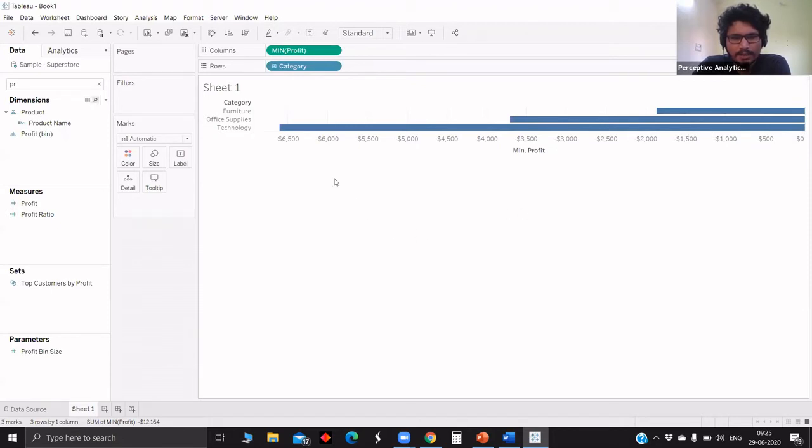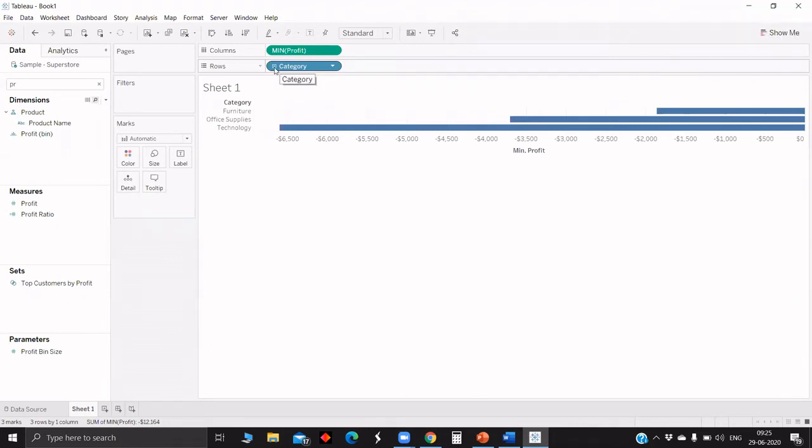If you write the function as a calculated field, like minimum of profit, it will give results based on the level of the view. At present we have a category level view, so it will give the same thing. The other thing Jairam told in the PPT is that if inside minimum we have profit and one more field, let's say sales, then it will result in the minimum of both. Is that correct, Jairam? Yeah, exactly. Okay, got it.